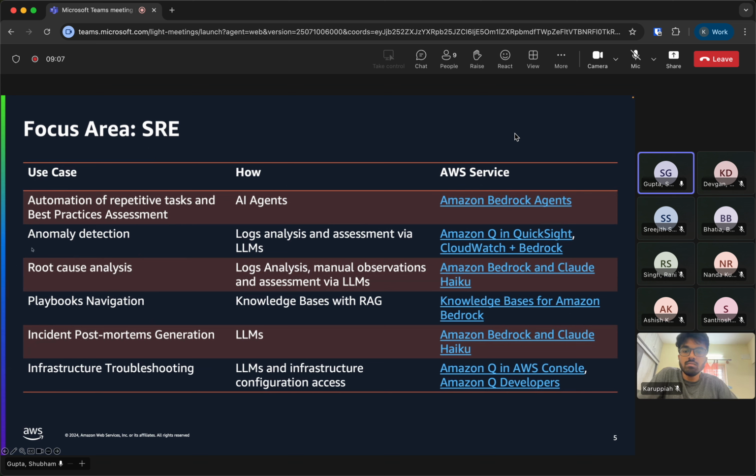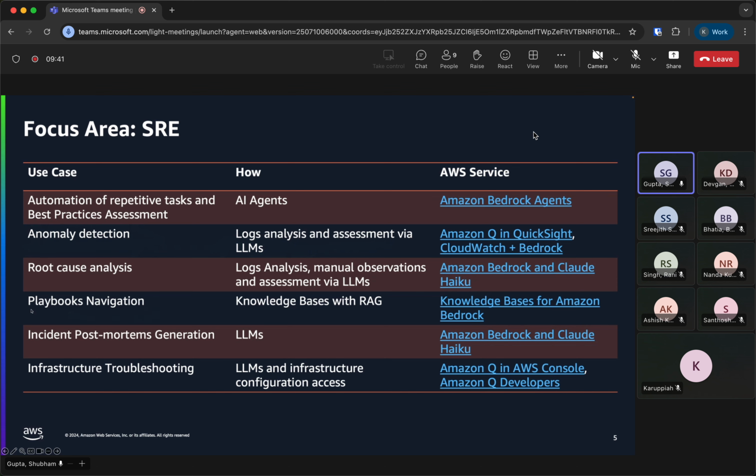Okay. And some other use cases are anomaly detection, right? You have some logs you want to analyze directly, and since LLMs are good at reasoning, they typically can take a lot of input and give you a summarized output of it. We'll also see a use case for this anomaly detection shortly. Then you can do something like root cause analysis. Based on your log analysis and whatever issues you are facing, it can give you a direct root cause analysis, which you can then act on.